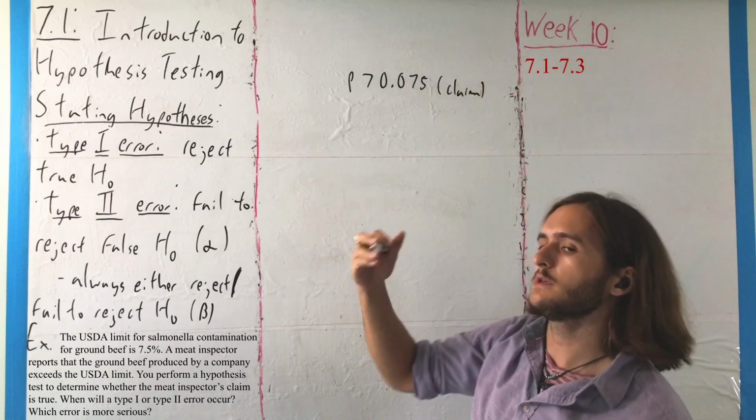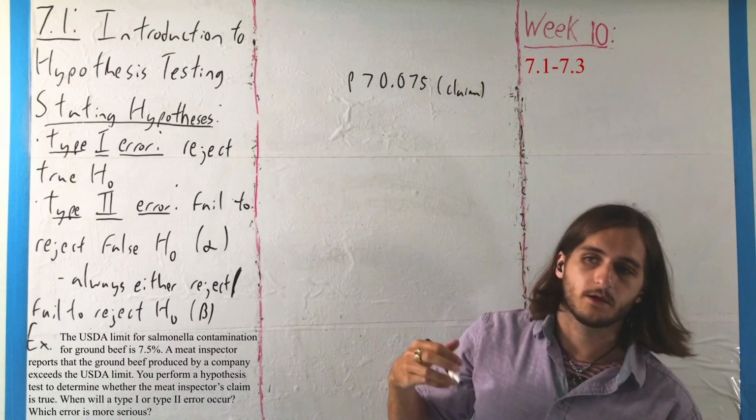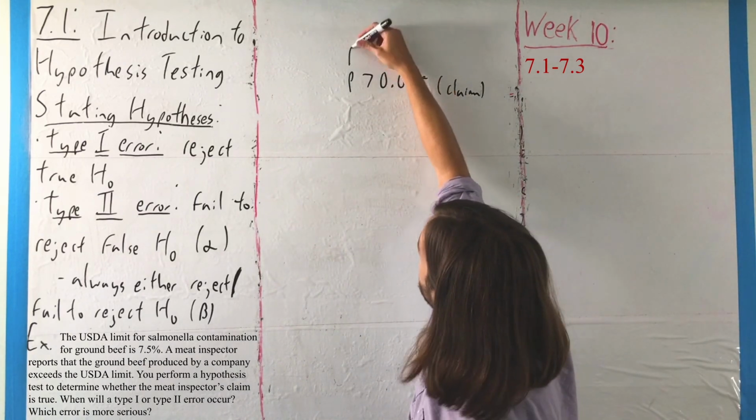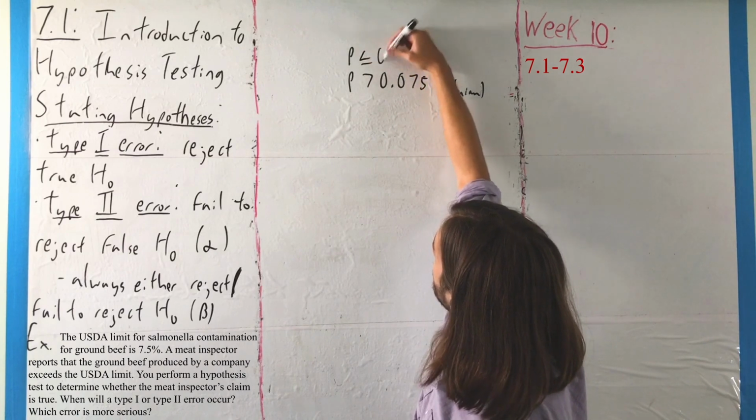And remember, when we're talking about these hypothesis tests, we always have one thing or the other. Here's our one thing, so the other is its opposite, but the proportion is at most